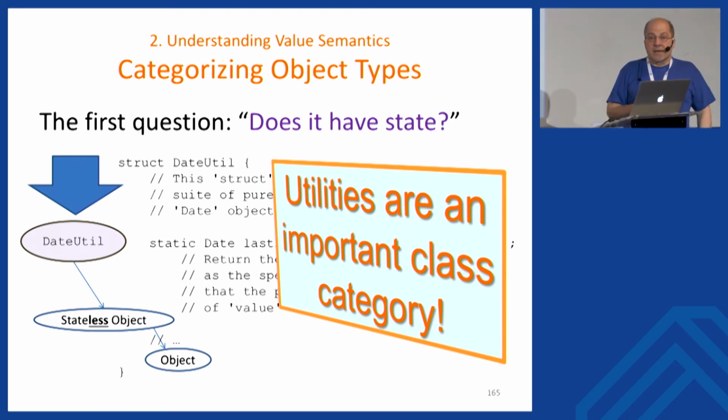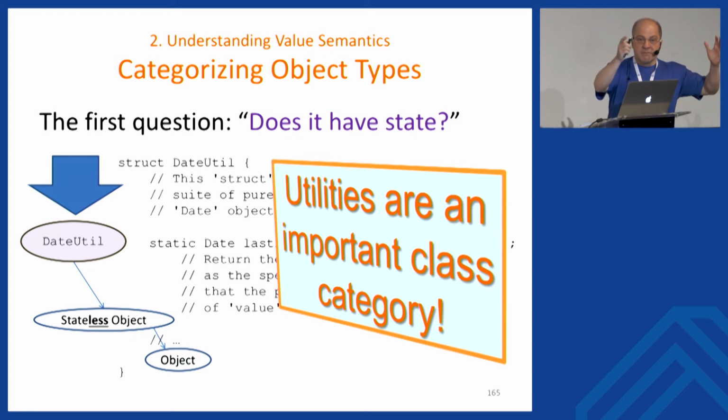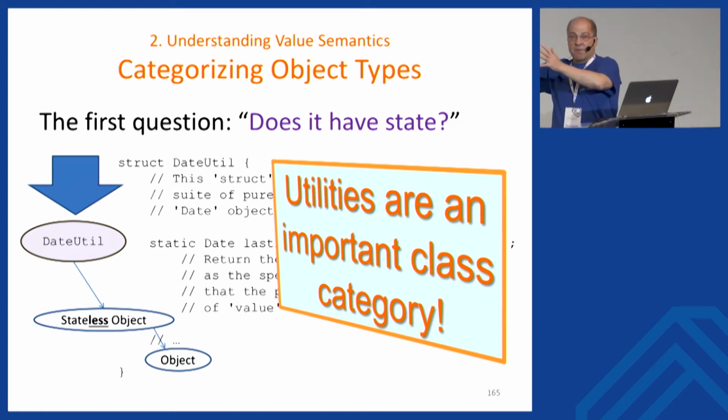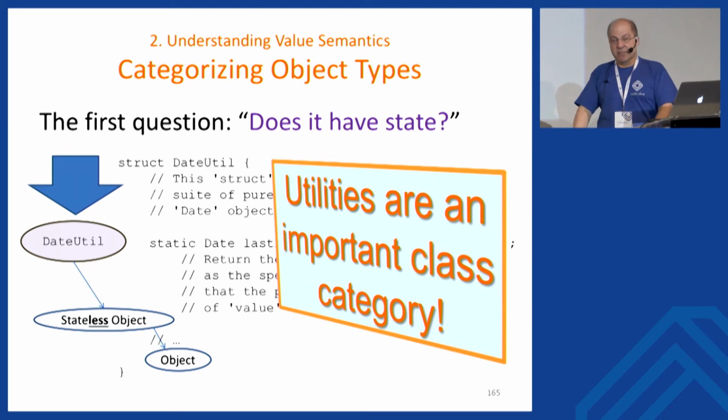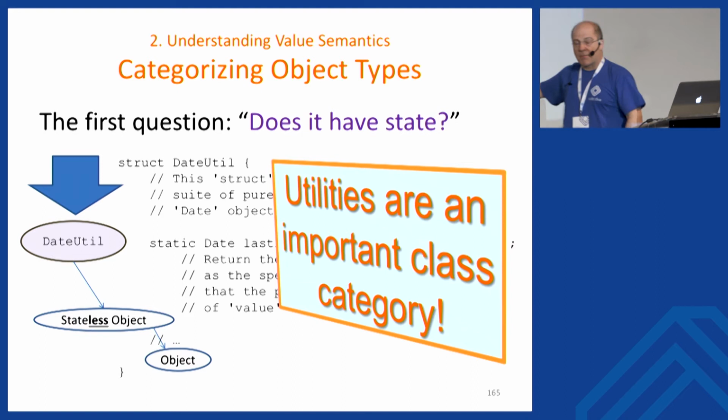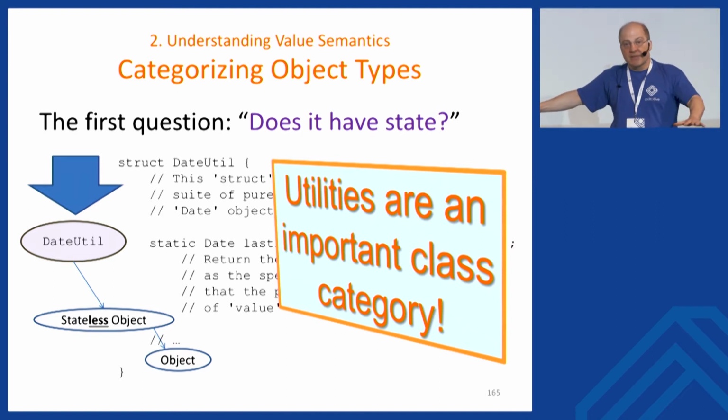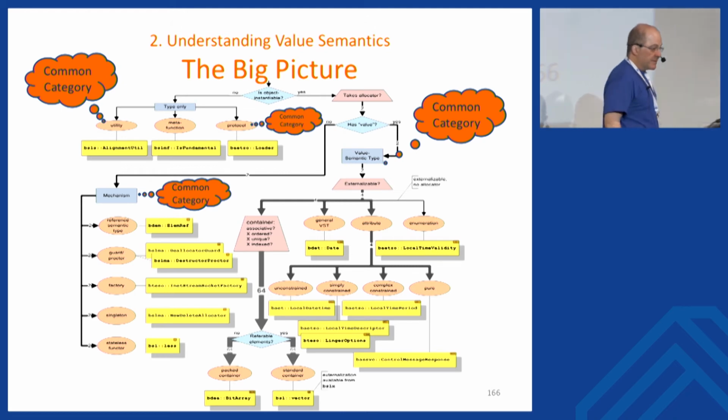Utilities are an important class category. You have value types and you have the functions that work on the value type. So right there, that's huge. Sufficient, minimal, complete value types, and then stuff that works on them. You can have many different physical entities that operate on a value type. You want the value type to be stable. Sits low in the hierarchy, doesn't depend on a lot of heavyweight things, doesn't depend on a database. Its purpose in life is just to represent a value. If you get that right, you're well along. As soon as you say, well, this date class knows the operating system and can figure out what today is, bzz, no, that's not what you want to do. All right,